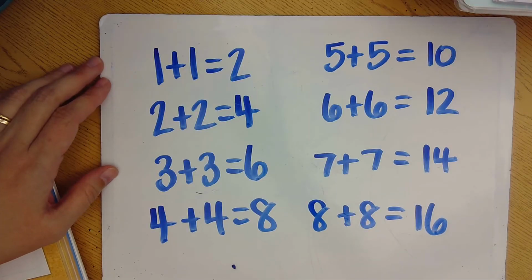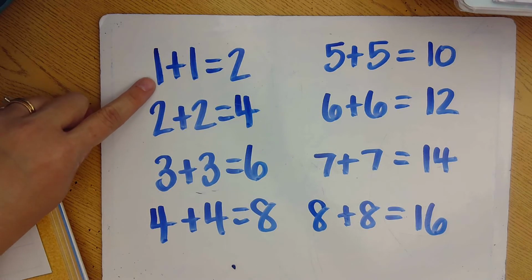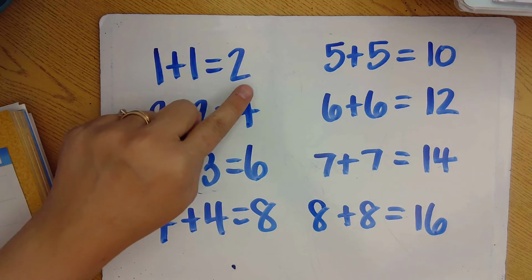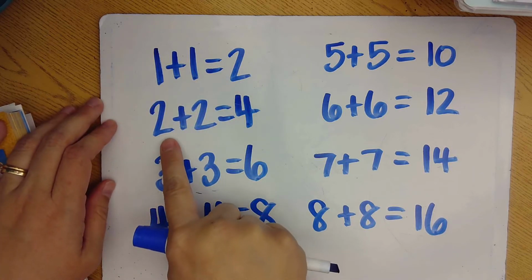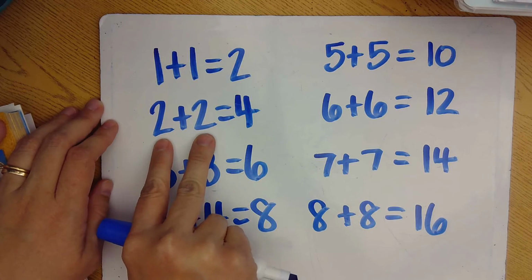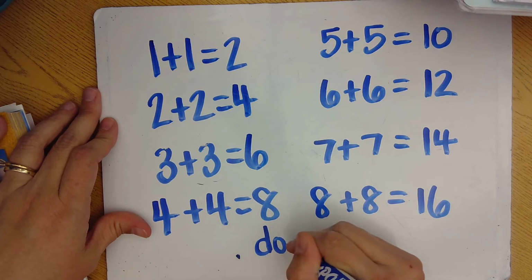I've taken some time to write down some doubles facts for you. Notice what's happening with these numbers. Here's a 1 and another 1. This is a doubles fact. 1 plus 1 equals 2. Whenever I add two numbers that are exactly the same, we call that a doubles fact. So these are a few